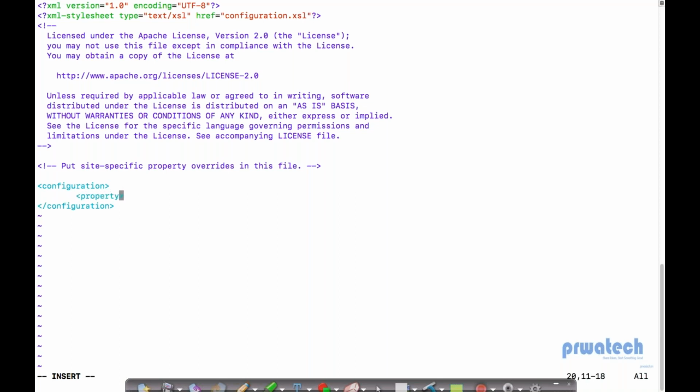Let me create a tag first. Property, slash property. XML is always written like this, open tag and close tag. Property, close property. Name, close name tag. Value, close value tag. If you remember, it's well and good. Obviously, having more information is always beneficial. But if you do not remember, you can look it up. Let me write it first: fs.default